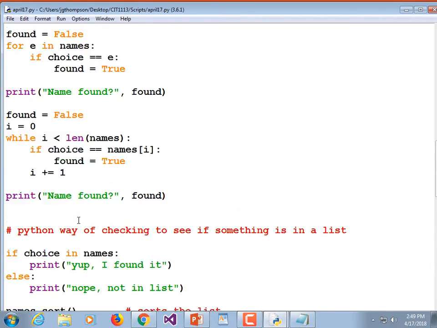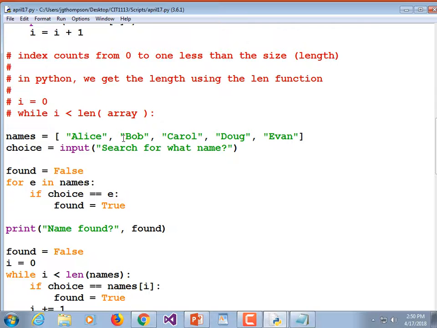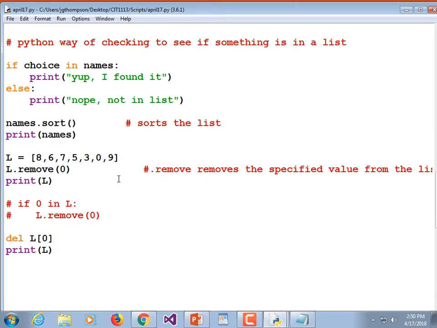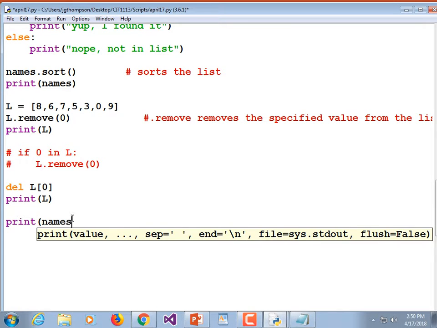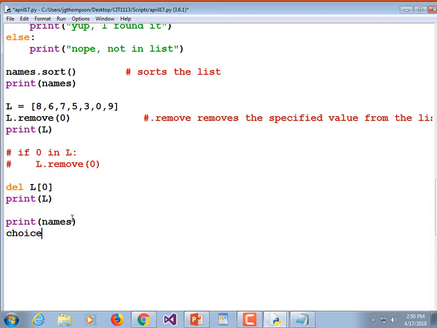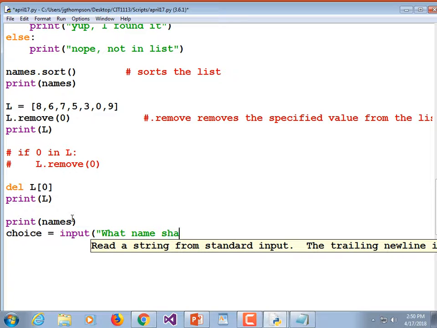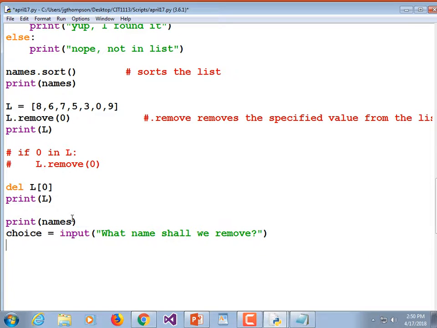So we had our names list up here, way up here. I'm going to print my names list again, and then I'm going to remove one item from it. So print the names list, and then I'm going to ask who to remove. Choice is equal to input. What name shall we remove? And let's make sure that it's in the list first, because if it's not, then trying to remove it would be an error. So if choice in names, colon,